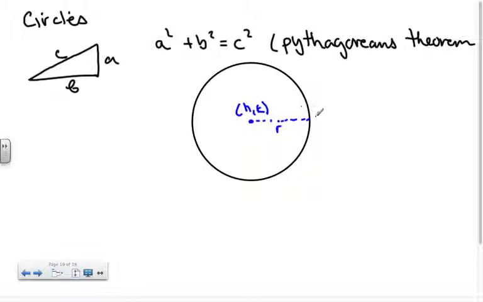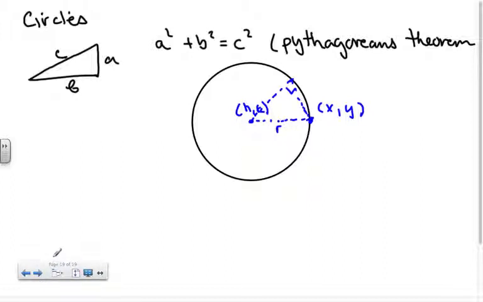Now, this circle is formed. This is xy. This is some point on the circle. So to determine what this point is, it forms a triangle, like this. This is a right triangle, by the way. So to figure out what the equation of the circle is,